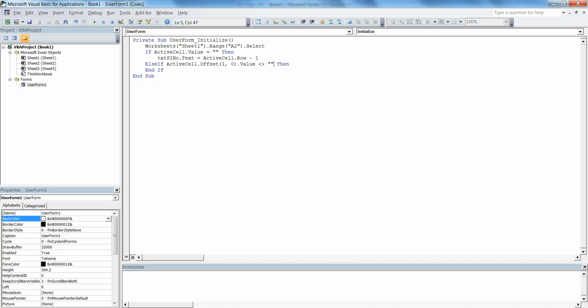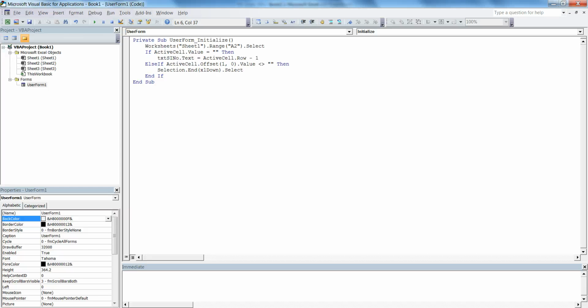If the first cell A2 is not blank, then we will check whether the next cell is blank or not. So we are checking the condition whether the next cell is blank or not. If it is not blank, then do the task. So what is the task we are going to do here? We are just going to take our active selection at the end of the data. So for that, selection.End(xlDown)